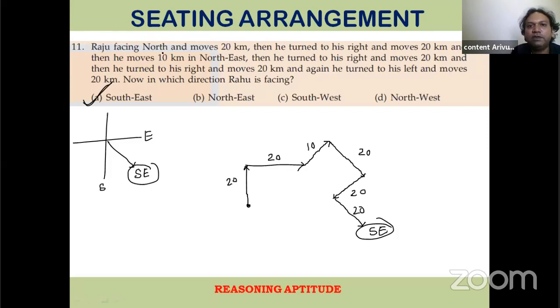Make the diagram, and see if there's any doubt in this question. Yes, correct, Rajita, I saw it. He turns right 2 times and then turns left. So the answer is southeast. So the main point was the starting point. We don't have to worry about the starting point at all. You just take any point on the paper, on the sheet that you're solving, put a point anywhere, and say this is the starting point. You don't have to worry about what the starting point is.